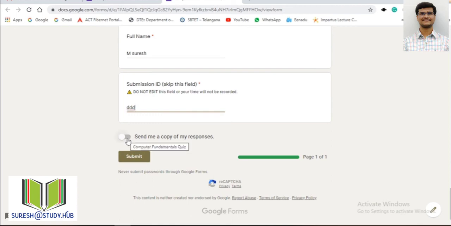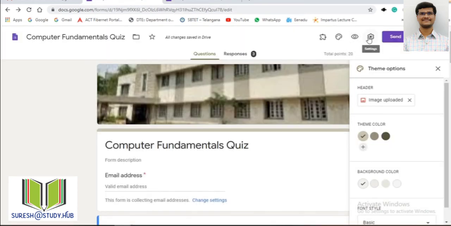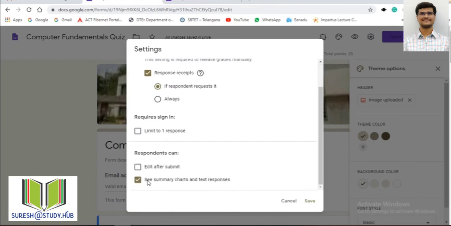Whether you want to send this copy of responses, you can select and click on. So all the responses are submitted. Now we will see the previous responses. Why am I getting the see previous responses? Because in the settings I have selected the see summary charts and text responses. So if you click on this see previous responses,